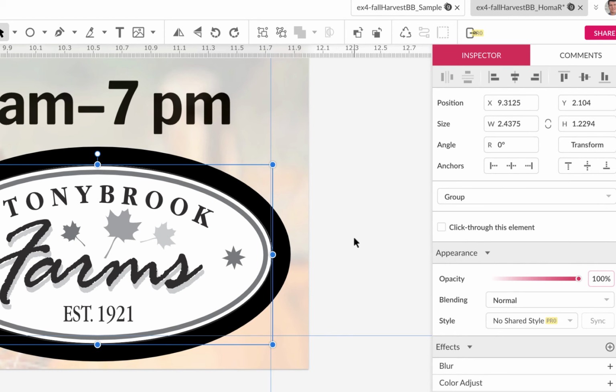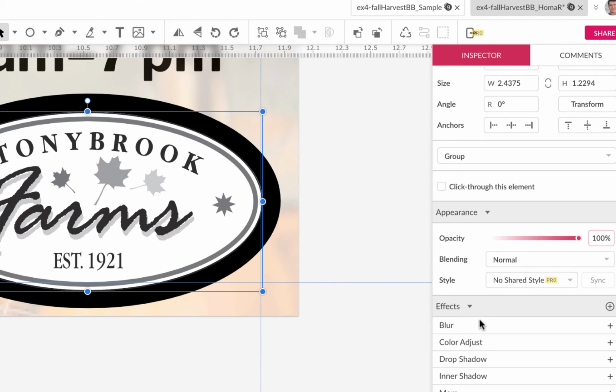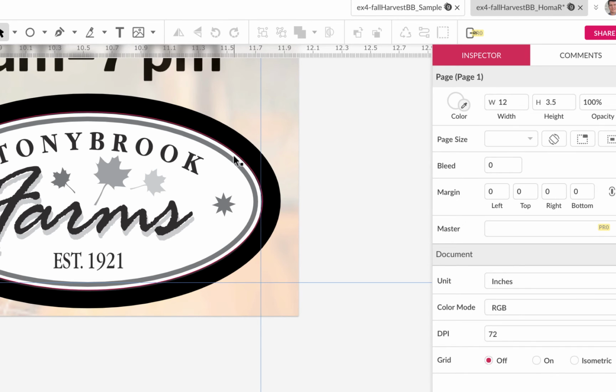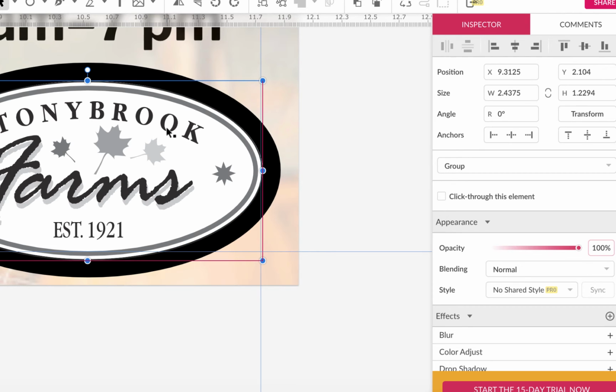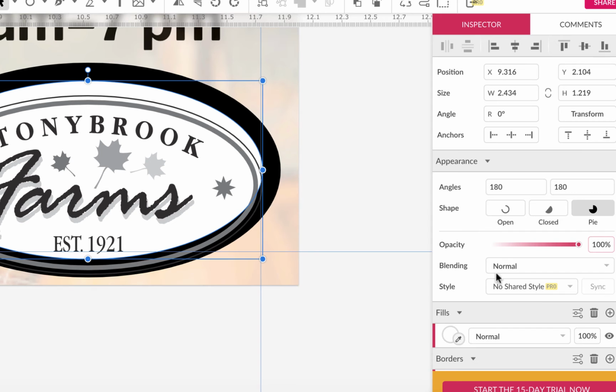Now, I'm not sure if I'm selecting the logo or that. Do I see a stroke over here? And I don't, so that's not it. Now I'm seeing a stroke. So you've got to be careful with that. You could even move it down and then nudge it back up. If you want to click on this logo and then nudge it down and then work on this,